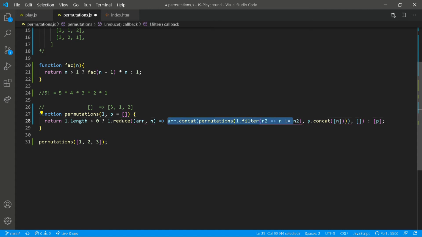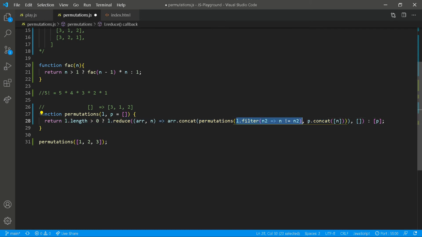It wouldn't work if I did push n, because this returns n and not the array of p and n. That's an important part of making this whole one-liner work. So I'm concatenating to array on another array, and this array is the permutations. Where does it end? It's the permutations function called for